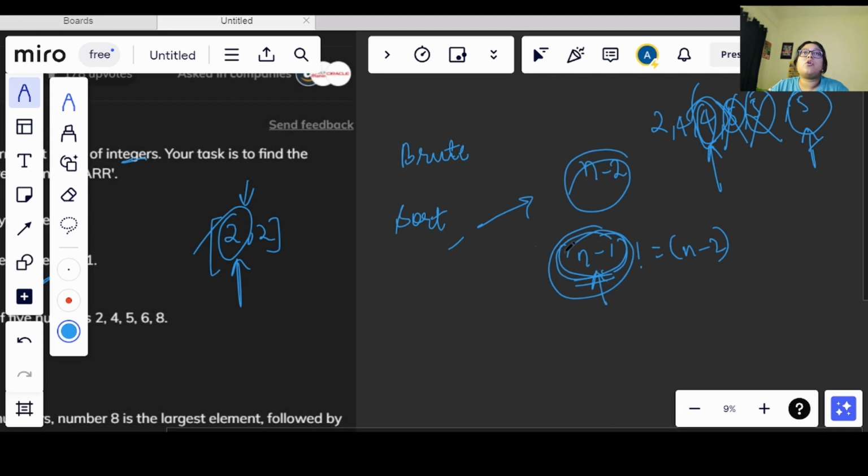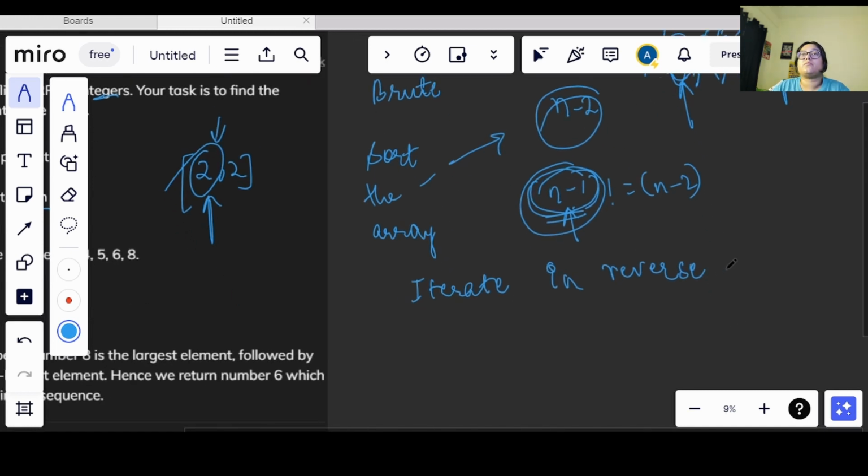So what we need to take care of is that we have to sort the array, and we need to iterate in reverse order and make comparison with the n-1 value.